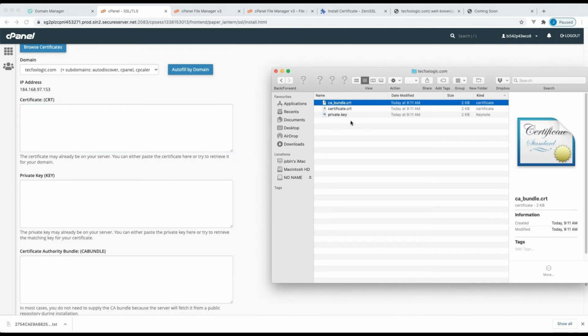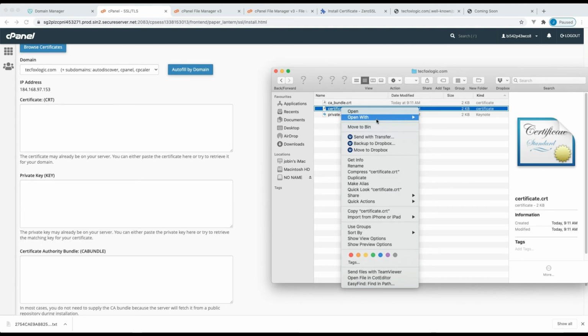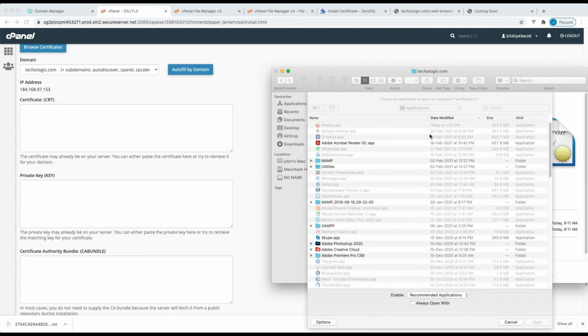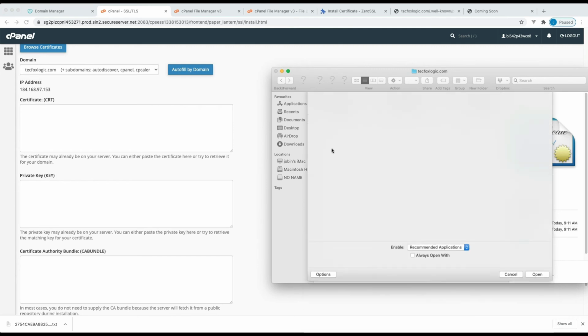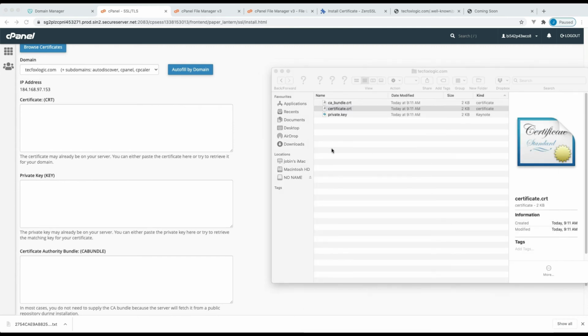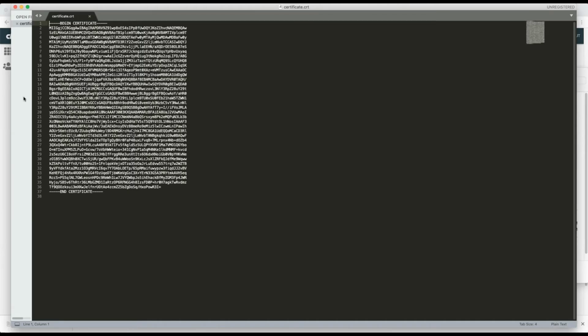Open the downloaded folder. Open certificate with the help of a text editor. I am using Sublime text editor. You can use any text editor you like. Copy and paste the certificate.